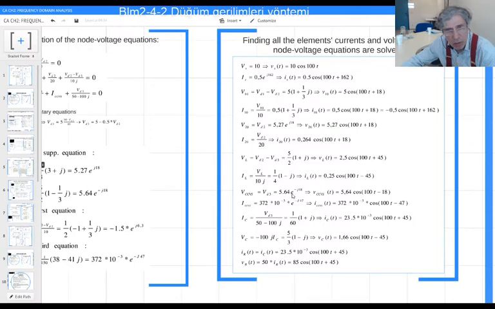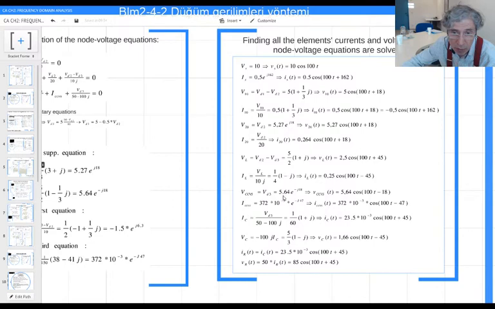Once you found the phasor of a voltage, let's say this one, you can transfer it to time domain if the phasor is written in polar coordinates. At the end of the calculation, the phasor that we are going to end up with is in Cartesian form. So you transfer this Cartesian form complex number to polar form. When you transfer it to polar form, it is easy to transfer your phasor to a time domain sinusoidal function. How? The modulus or the magnitude of your complex number is going to come as the magnitude of your sinusoidal function.